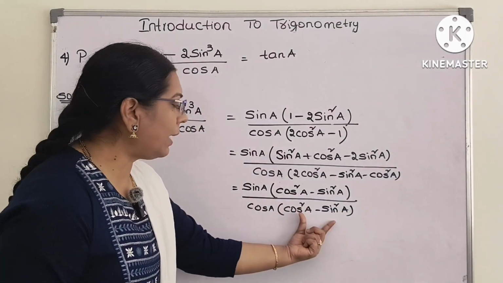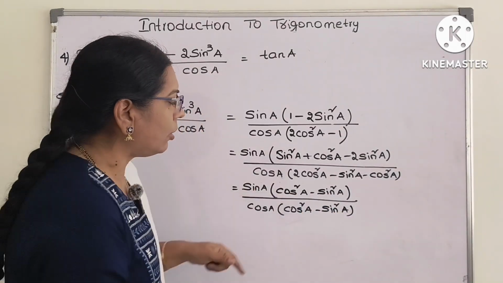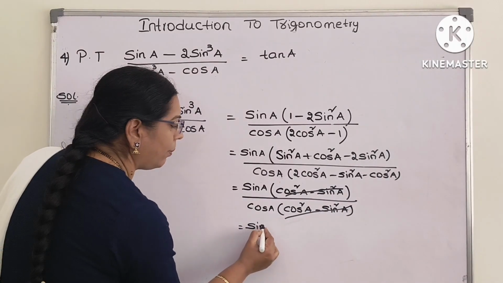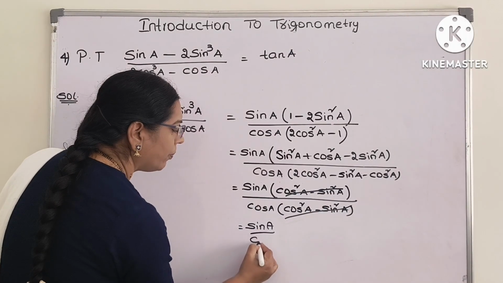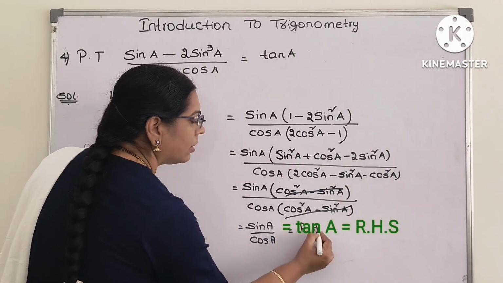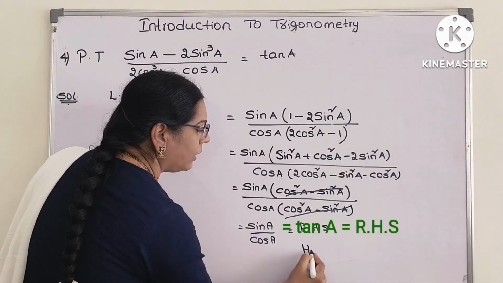Now see, the one in the bracket is same for both the numerator and denominator. So I will cancel. I am left with sine A by cos A, which is my RHS. So what is that you can write? Hence,